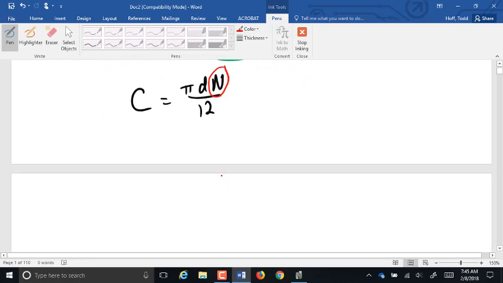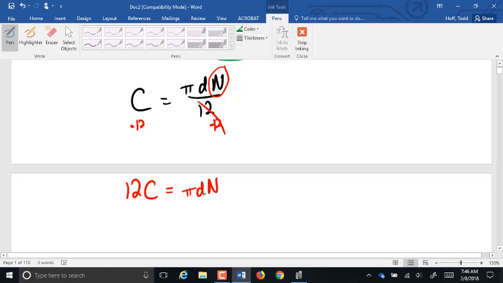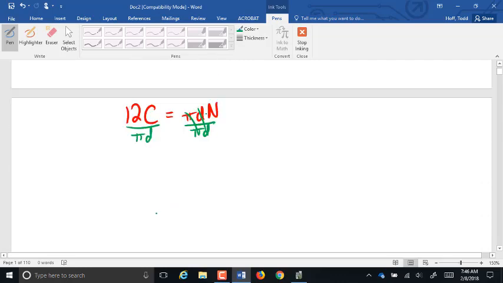Well, if you remember last semester, we arranged formulas like this. We would multiply by 12 to get rid of that dividing by 12 there. Multiplying by 12 over here gives us 12C. And now we have to get rid of the pi d here. The pi and d are multiplying the N, so we're going to divide by pi d. Dividing by pi and d over here just gives us 12C over pi times diameter. That is our number of